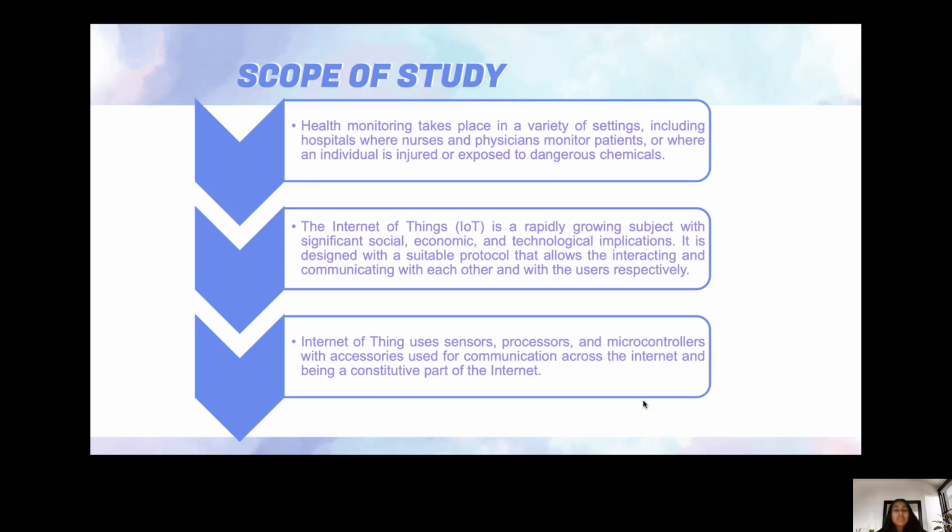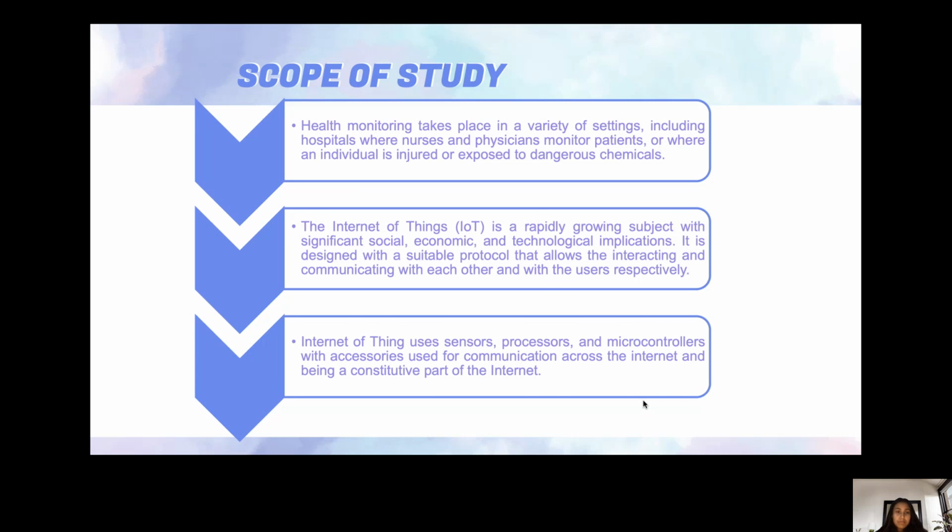It is designed with a suitable protocol that allows devices to interact and communicate with each other and with users respectively. IoT uses sensors, processors, and microcontrollers with accessories used for communication across the internet, and is a constitutive part